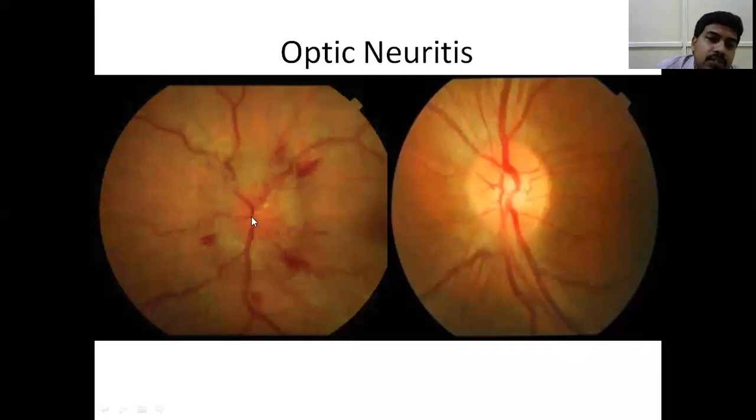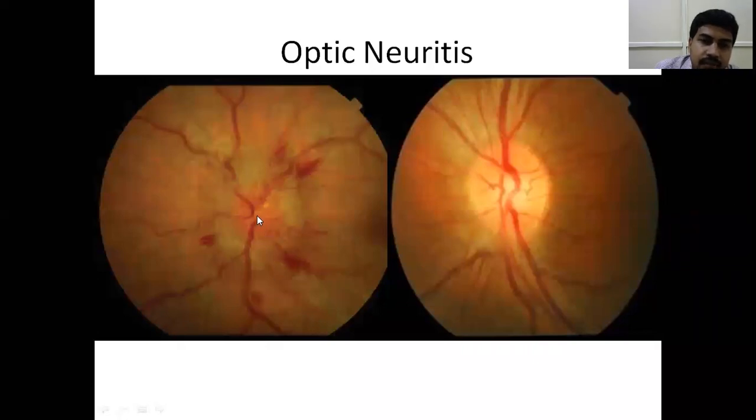So this is papillitis. You see the disc is edematous. So the margins of the optic disc are blurred here. Here you see the disc margins are very clear. Here the margins are blurred. There are flame-shaped hemorrhages all around the margins of the optic disc. The vessels are engorged and tortuous. Here you see the vessels are plain. Here the arteries are normal, but here you see the arteries are engorged, tortuous and dilated.